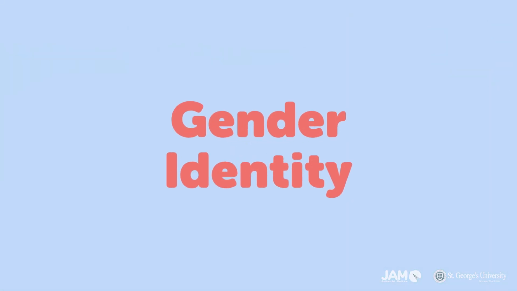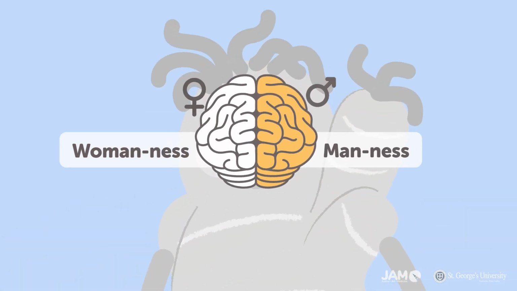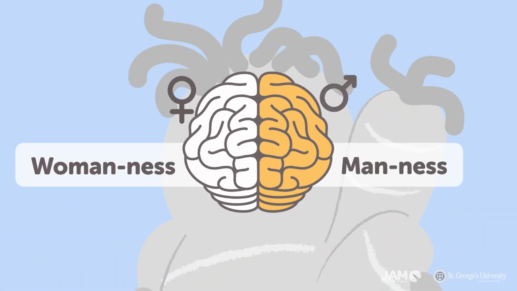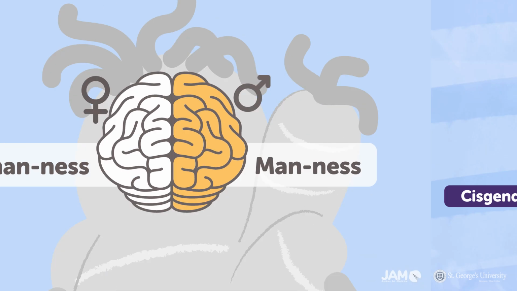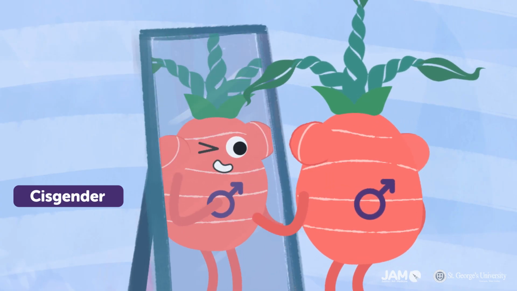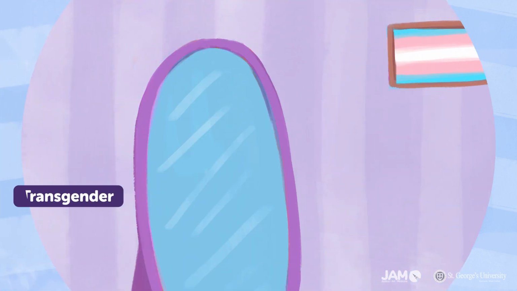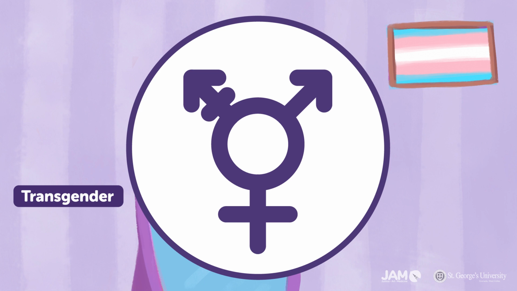Gender identity. Gender identity is about how we feel on the inside, despite what body we were born in, or how we choose to dress. We can be cisgender, which means that we identify with the body we were born in. If our identity does not match our body, we might be transgender, which could mean that we are part of